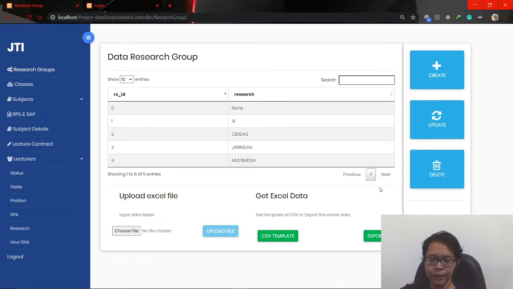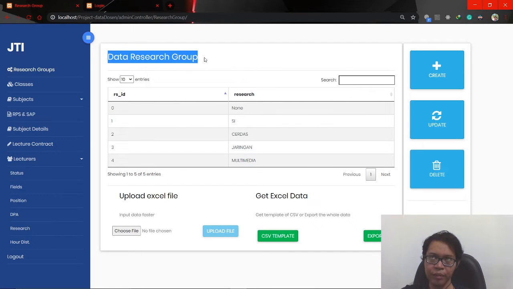Just for your information, in upcoming sections, like for example in RPS and SAP, the lecture contract, there will be an additional feature since it allows the user to download and upload the docs file, and we will get to it really soon after. But I think we should concern more about getting the Excel data, because the administrator